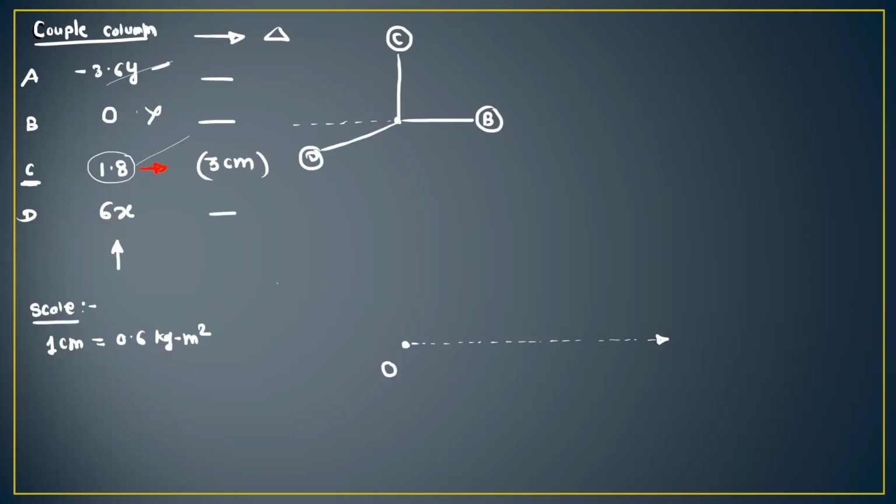So observe the direction of the mass C from this angular position diagram, and from point O, draw the vector of length 3 centimeter. So take this as OC. This is for mass C. Now for the remaining 2 vectors, the lengths are unknown.